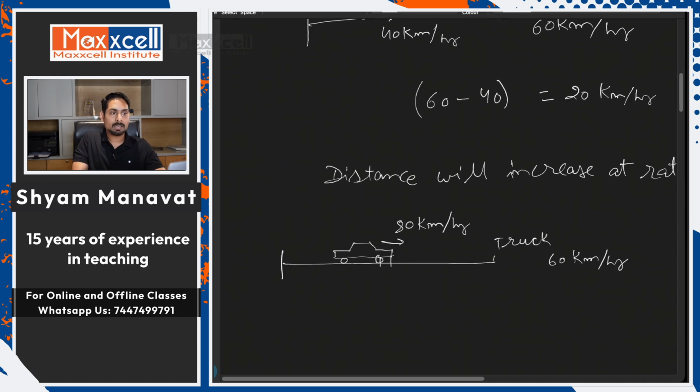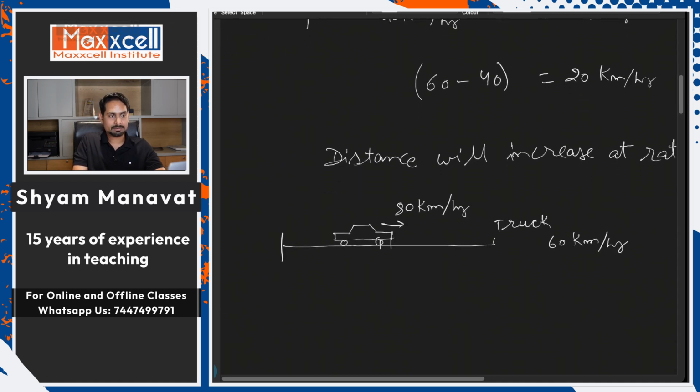Correct? Now the relative speed is now 80 minus 60. The relative speed will obviously be the bigger value minus the smaller value, the difference. We take the absolute value. Okay, difference, bigger minus smaller. 80 minus 60,